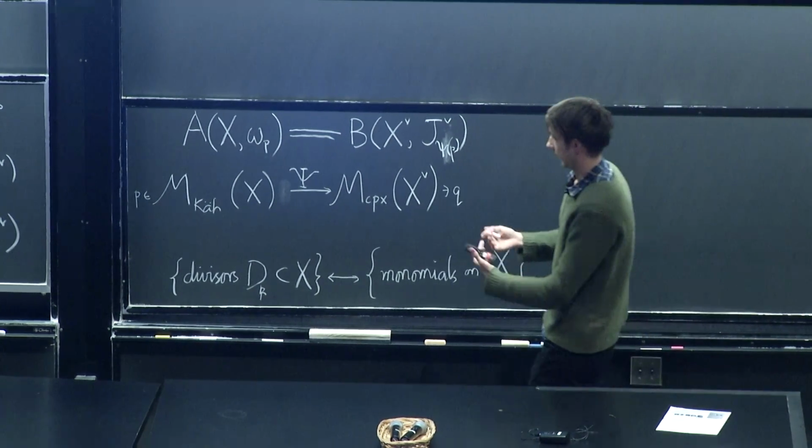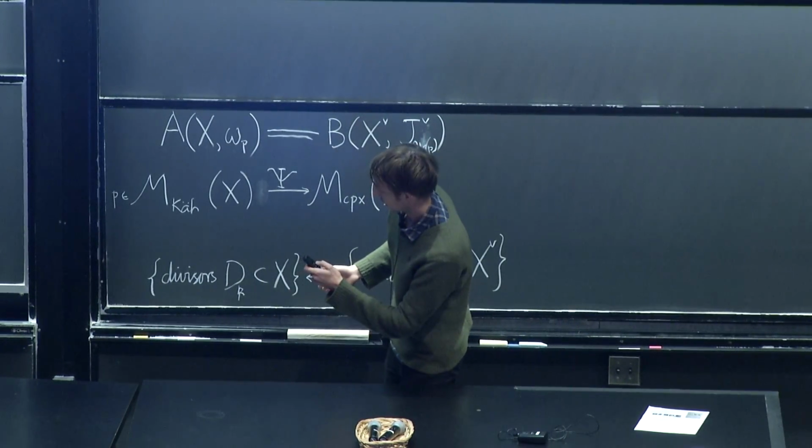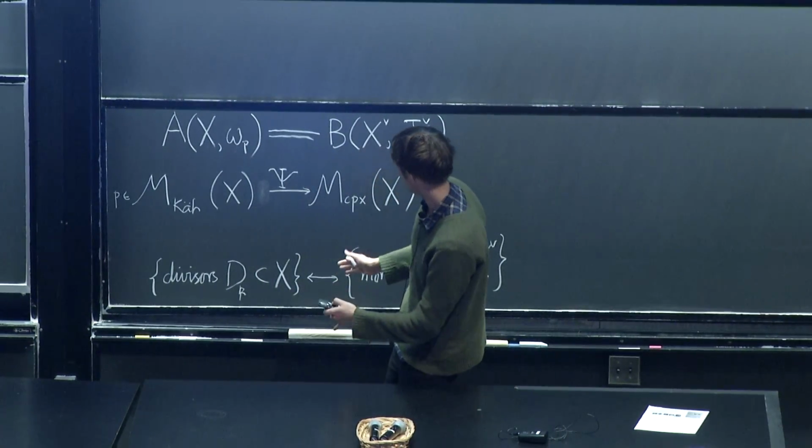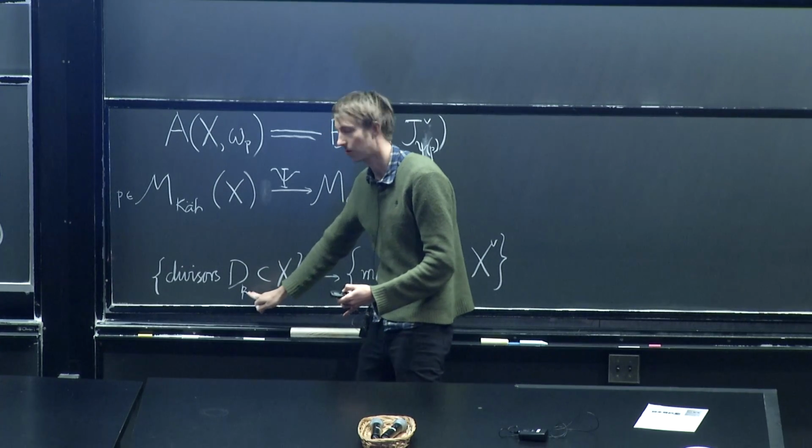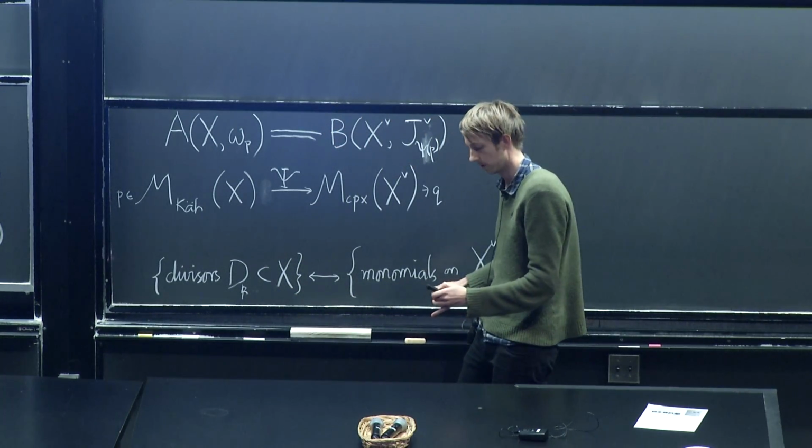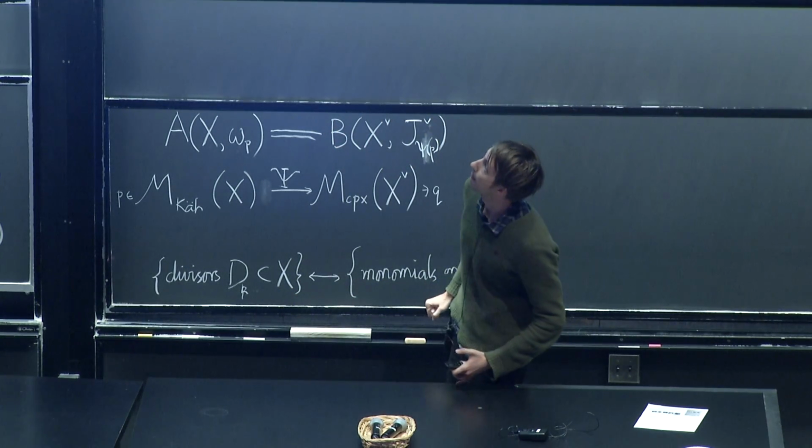So the idea is that there's some combinatorial correspondence between some divisors on X, some monomials in the defining equation of the mirror,